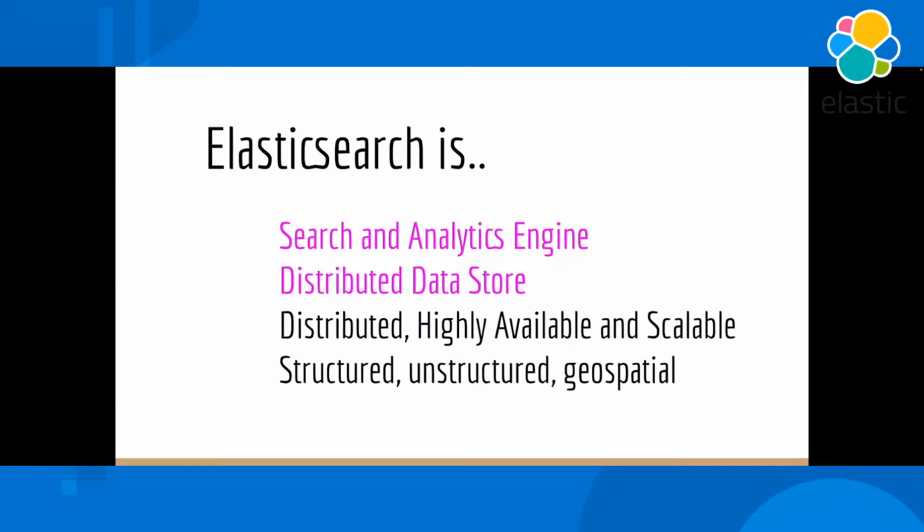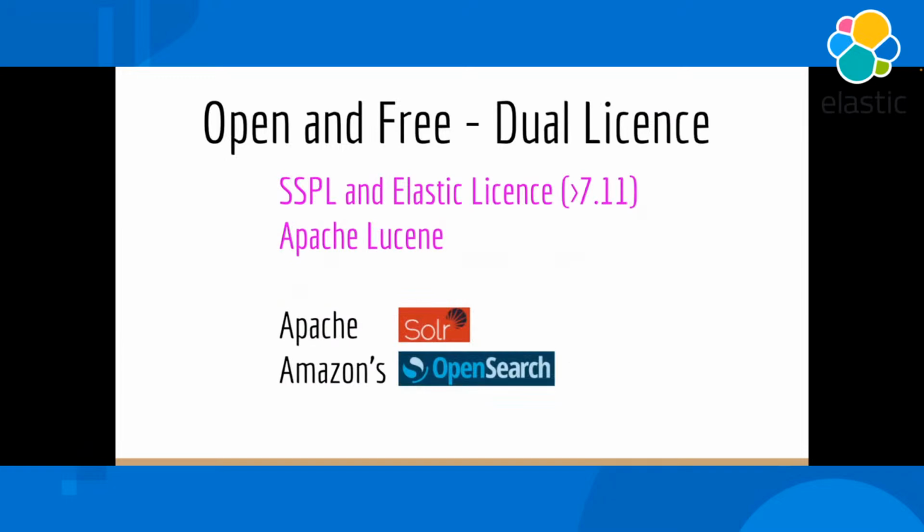For example, it could be a blog post, a video file, or a research article about COVID or whatever it is. And also location information, geospatial data, and all those things can be held in Elasticsearch. You can browse through and search the data in Elasticsearch of any of these types.